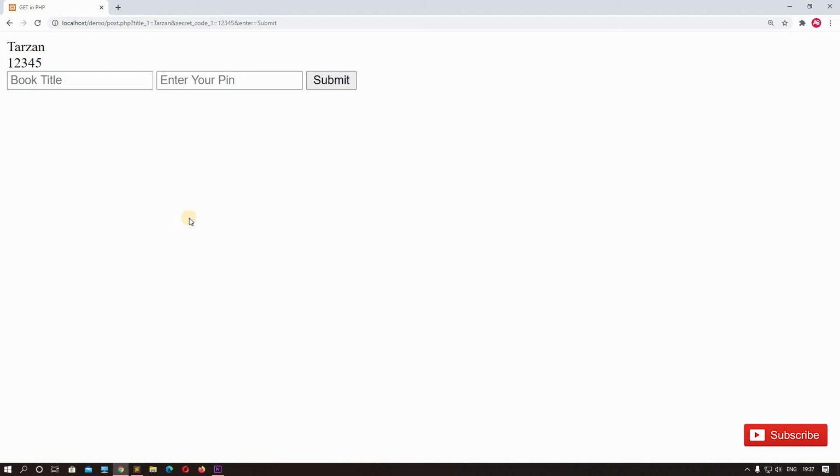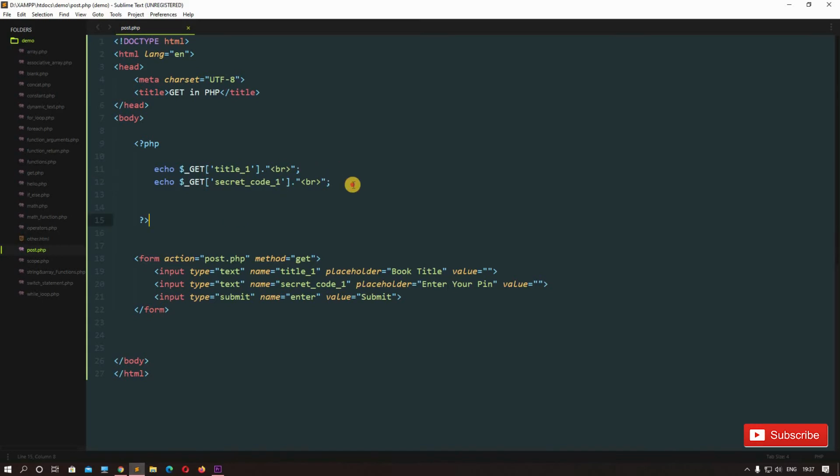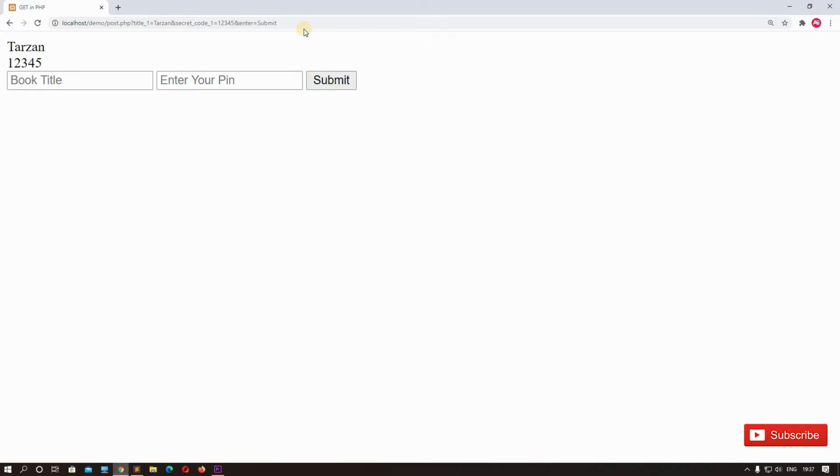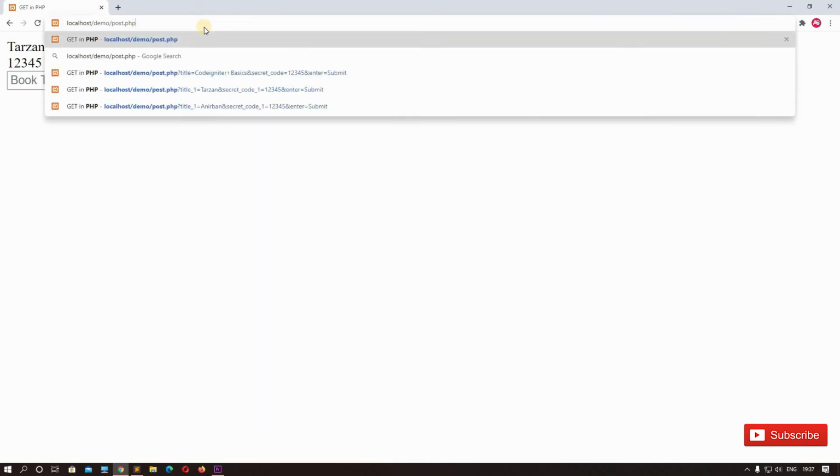In the POST method, we will not send the data via the URL, but we will send it through the HTTP body itself. Okay, so let's see how it is done. Come here and let's comment this first. Okay, now in this method attribute, let's change this to post. That's it. Okay, now come here, remove everything till the question mark and hit enter.